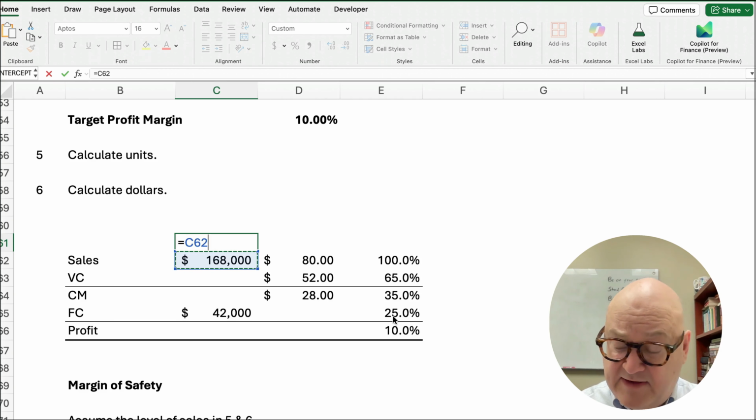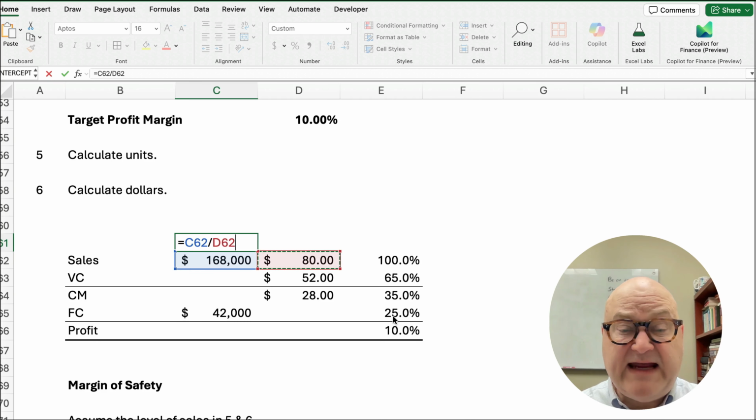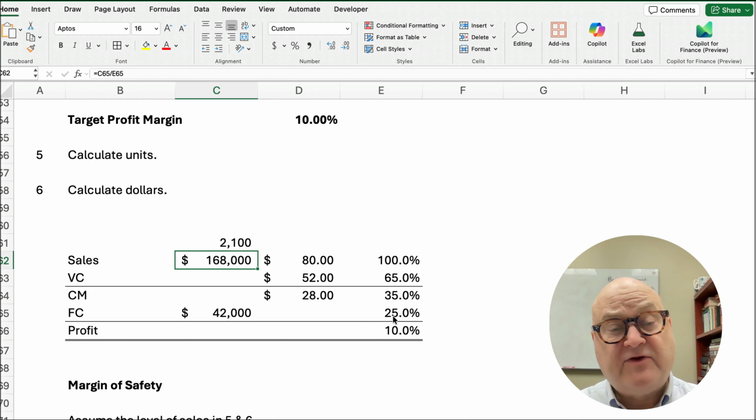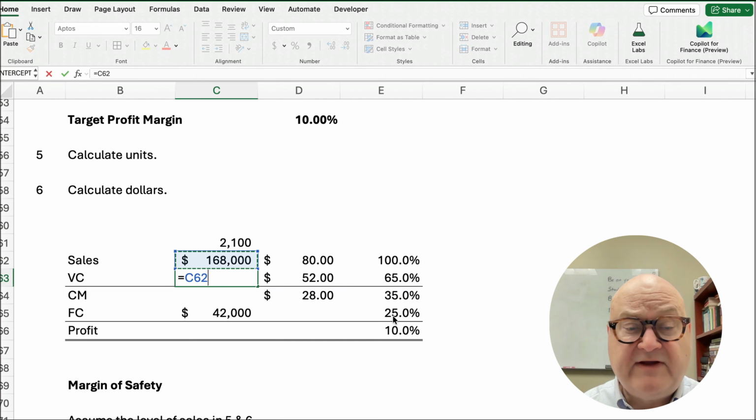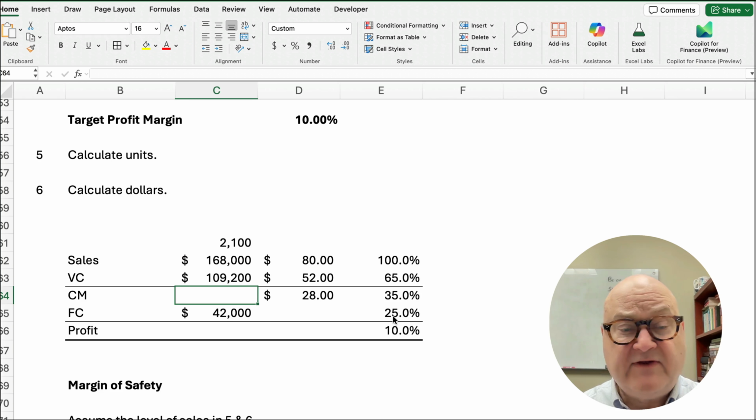Well, how many units are we talking about? Well, 168,000, each one sells at $80. We're talking about 2,100 units. So now we can complete everything and make sure that we're getting a 10% profit margin. So 168,000 times 65%, or I can take 2,100 times 52. Both of those will give the same answer,